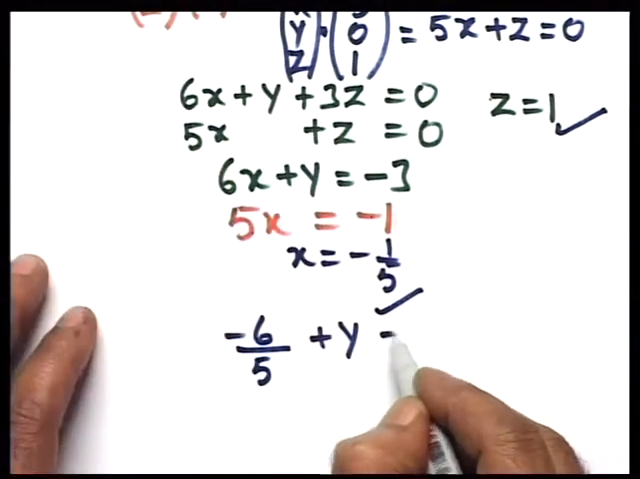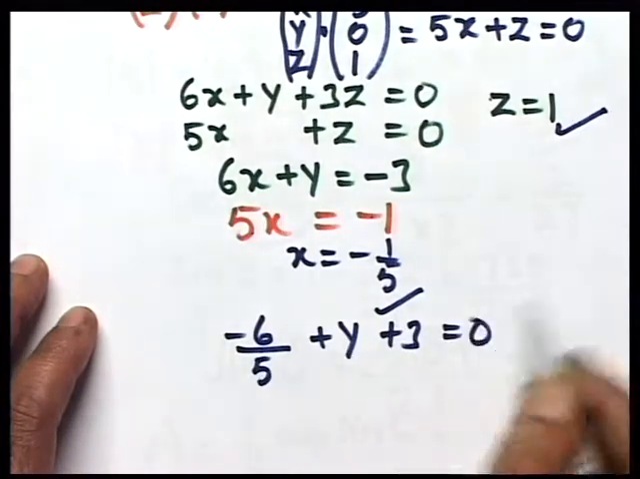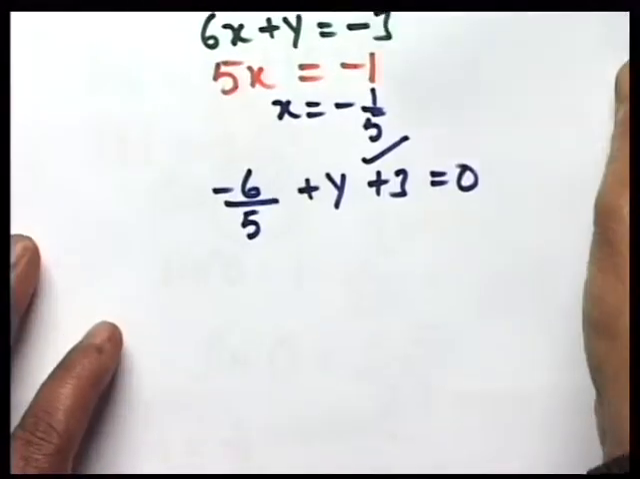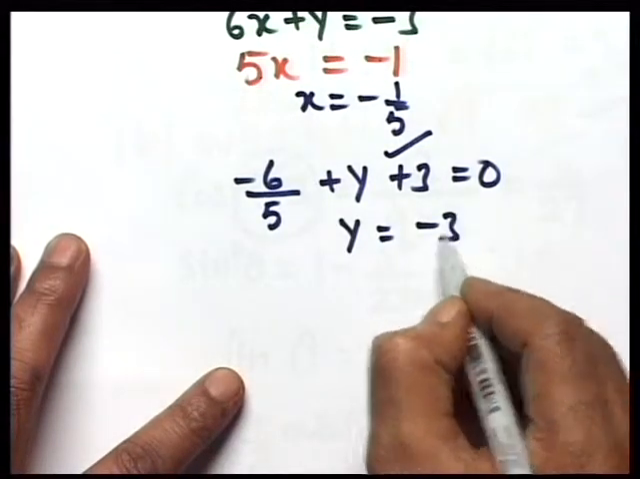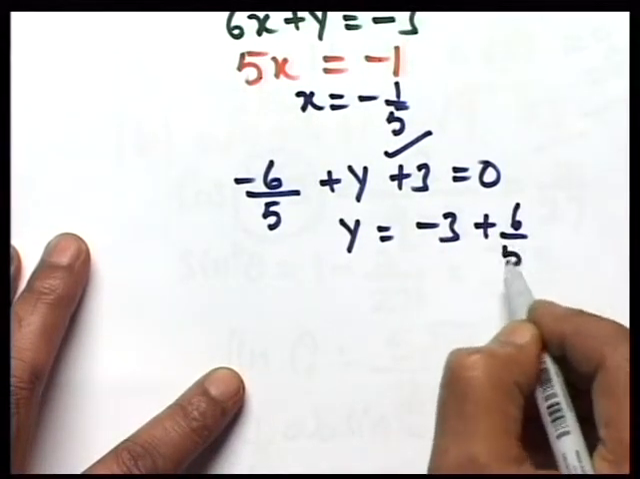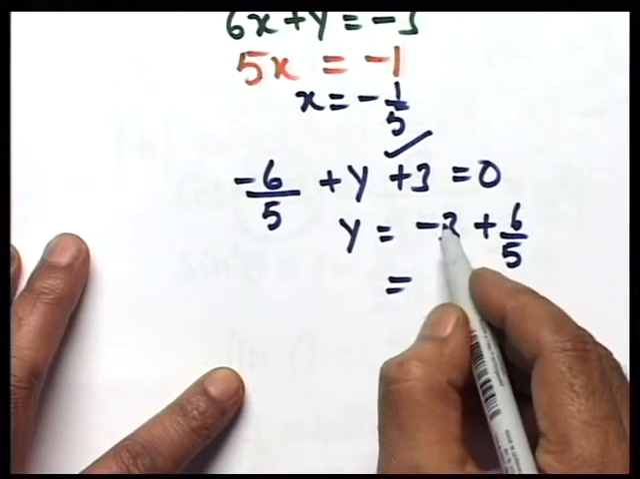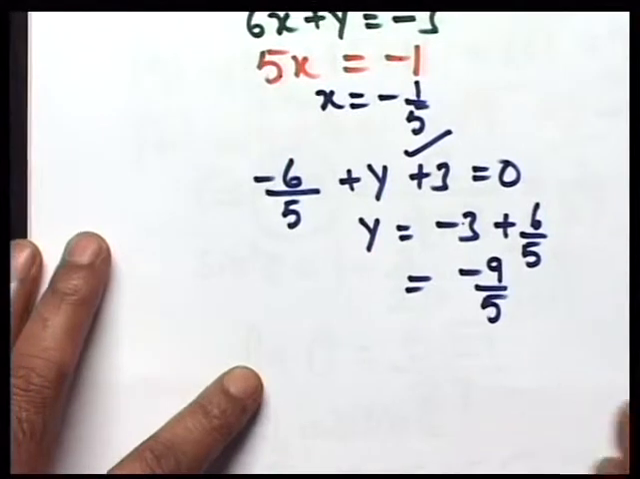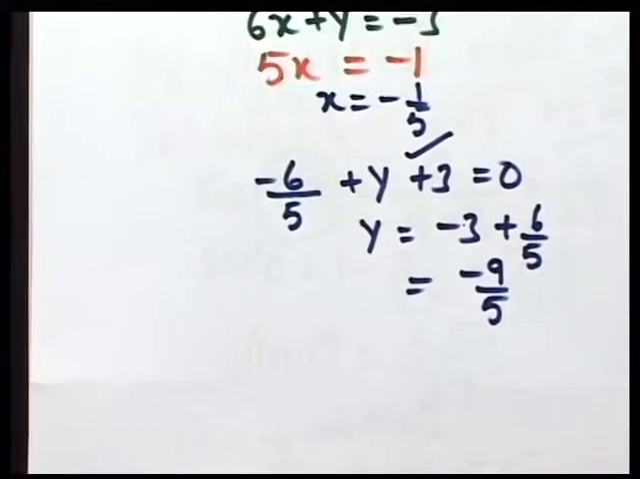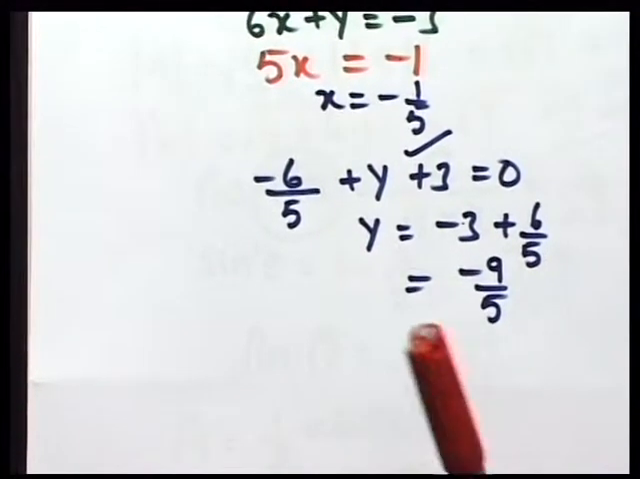Z is 1, so a plus 3 is equal to 0. You all know how to solve those fractions, right? Y is equal to minus 3 plus 6 over 5. 5 times 3, 15. That's a minus 9 divided by 5. So I got 3 values. Now I want you to watch very carefully. What is happening here is